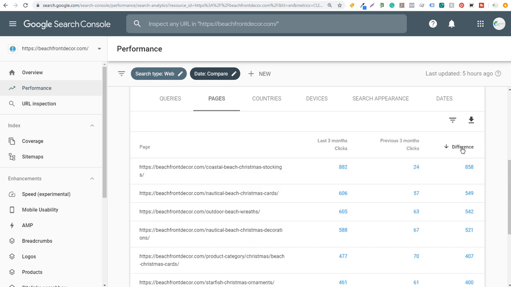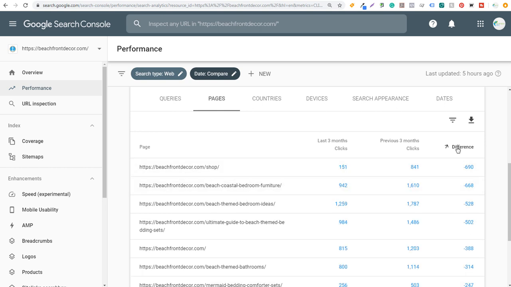So if you click on difference, you can see what has gained a lot. You can see everything is tied to Christmas, and then you can see what has lost a lot. So my shop page in particular, beach coastal bedroom furniture, beach themed bedroom ideas. So there's different reasons why some of these might have dropped off. Some of it is really just seasonality, and some of it is that I might be losing search engine rankings. So I need to go back to these pages, update some of the content, improve some of the content, maybe create new content related to these subjects and these topics. So I'm covering the entirety of all the keywords that I want to rank for that are tied back to